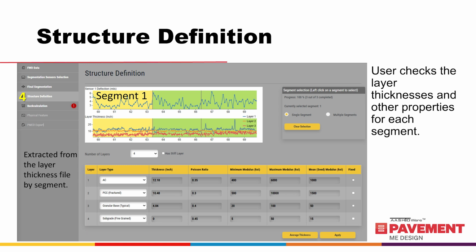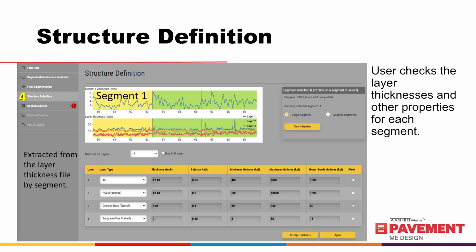Each segment is separated by a vertical solid black line. To retrieve the structure information, assuming a layer thickness file has been imported, the user left-clicks in the first segment on the deflection plot at the top of the screen. If a layer thickness file has not been imported, the user still left-clicks in the first segment, and the structure table will be shown. But the layer thickness and properties will not be included in the table and will be manually entered. First review: the number of layers and whether there is bedrock or a stiff layer as the subgrade